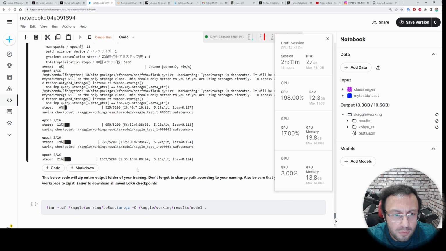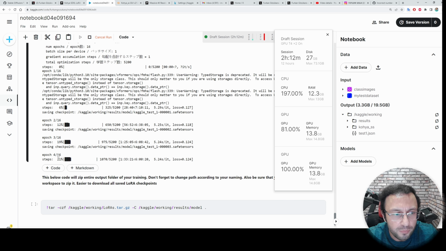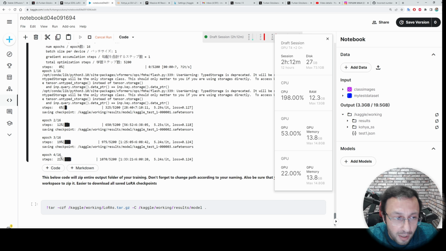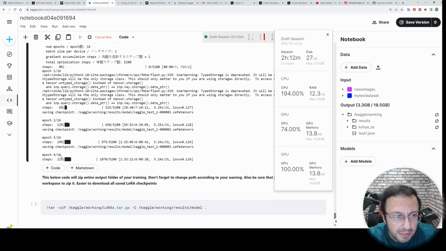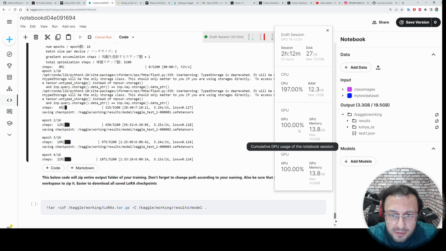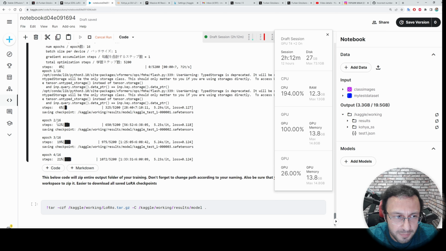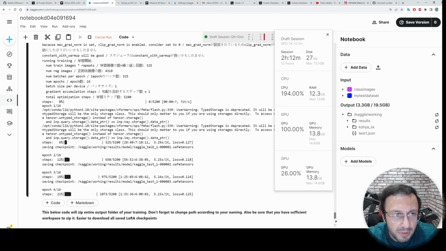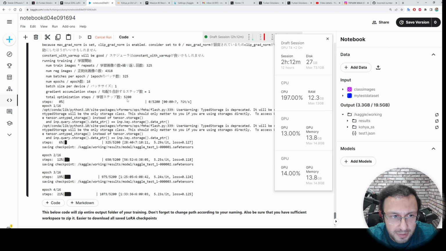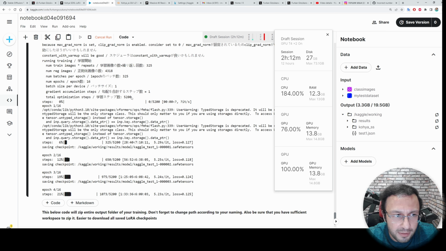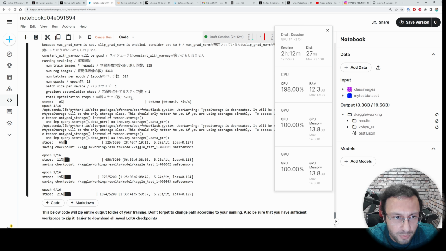So it has been over 90 minutes and we have done 4 epochs so far. However, the number of epochs it is displaying is doubled. I think this is because it is doing training on dual GPU. That is why it is displaying double epochs, but the total number of steps, the number of training, is equal to what it is supposed to be.